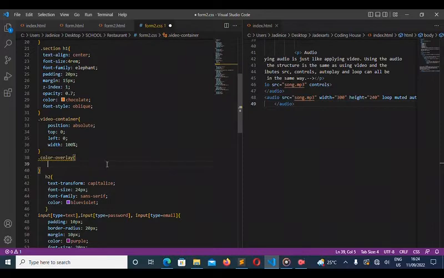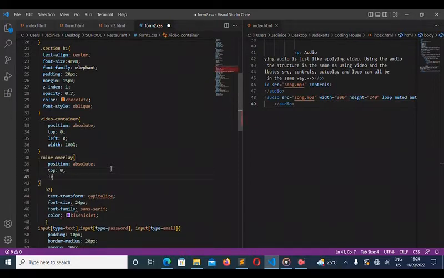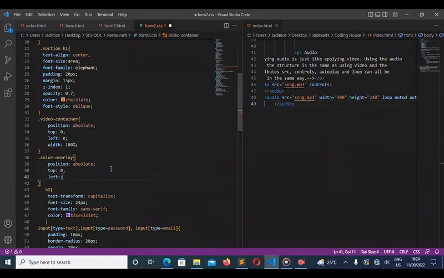So the position would be absolute, the top would be 0, left 0.